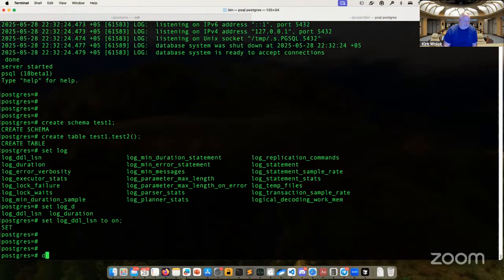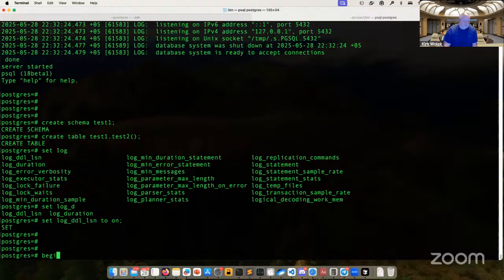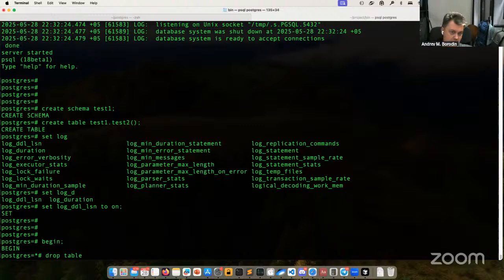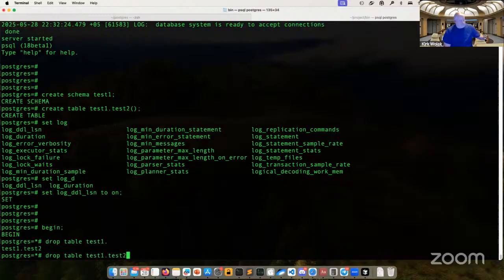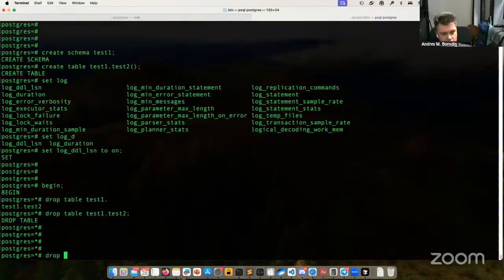On dropped schema test1. No, that's not allowed. To test: begin, begin, begin. Drop table test1.test2. Okay, nothing is logged.